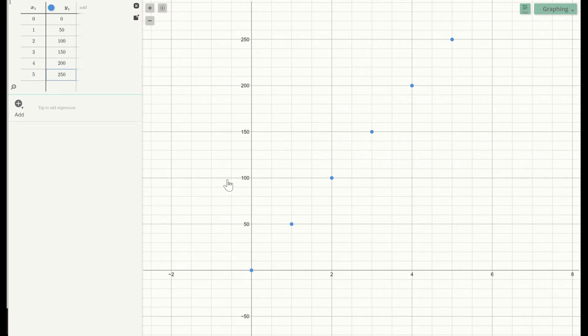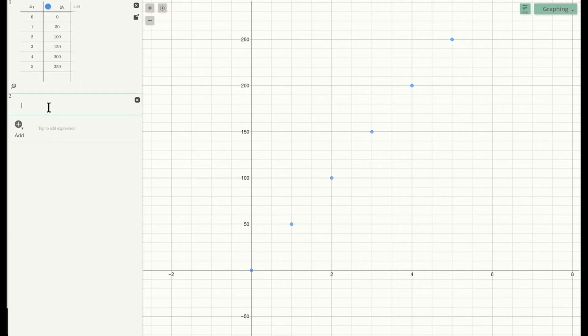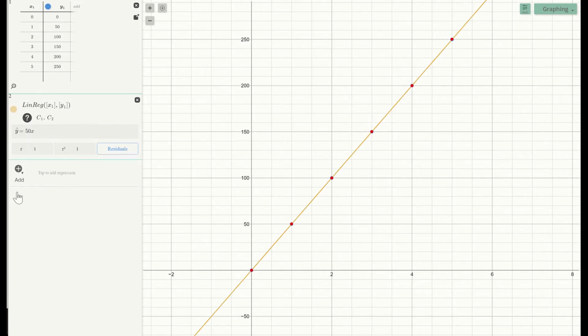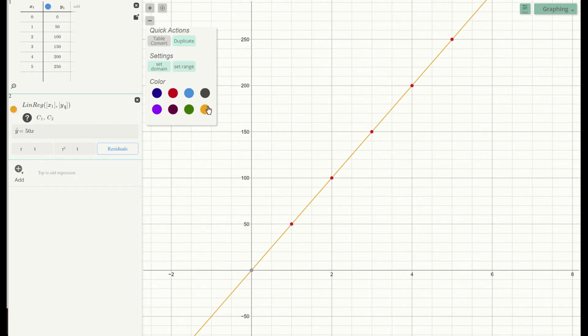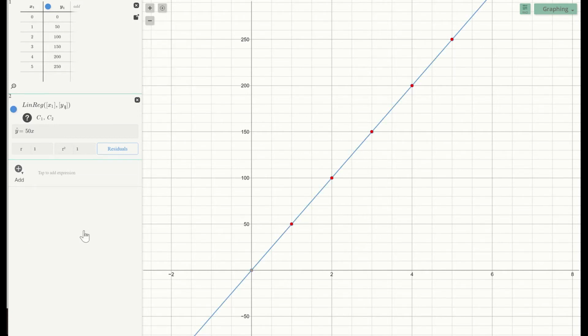So if we draw the regression line now, it's actually quite simple. You just have to start typing lin, and it puts it in there for you already. So now we're just going to put X, and then we're going to hit Shift dash. That brings you to the subscript position, and we're going to put 1. And then in the next, we're going to put Y, and then again Shift dash to bring it to the subscript location, and then we put 1 as well. So there you see we have the regression line, and